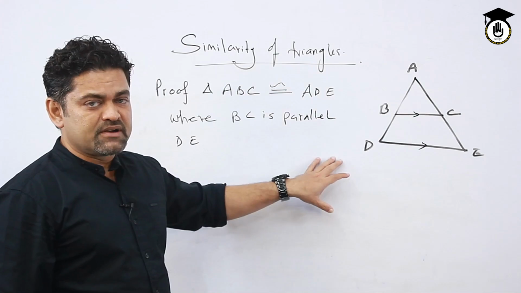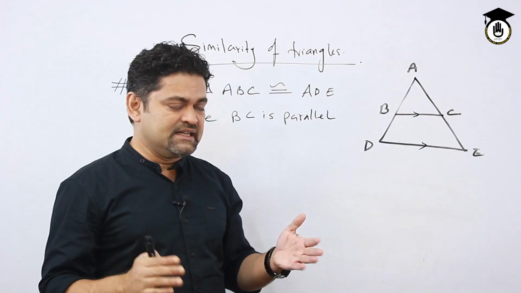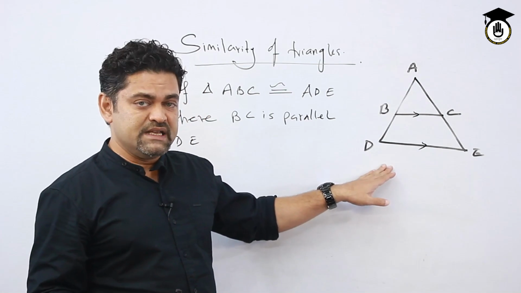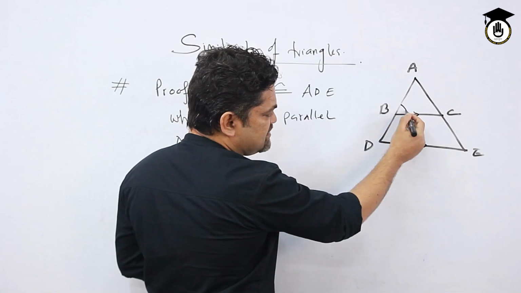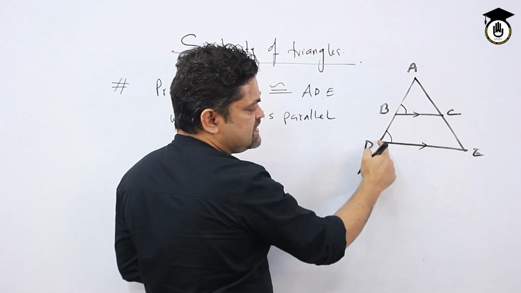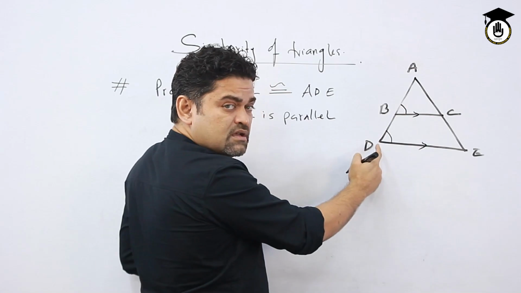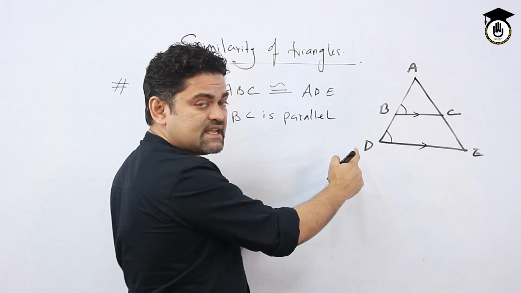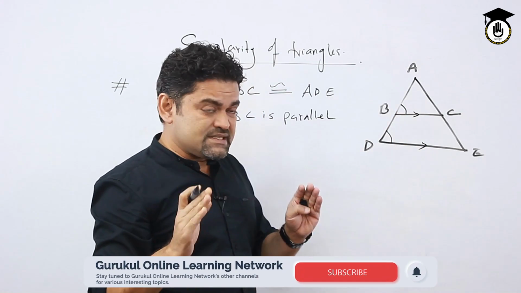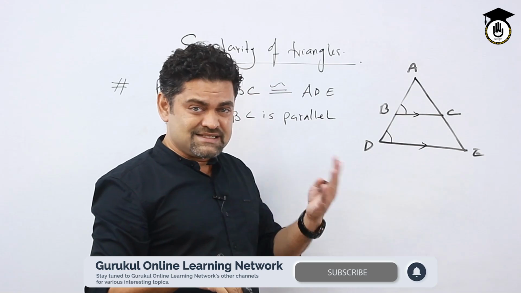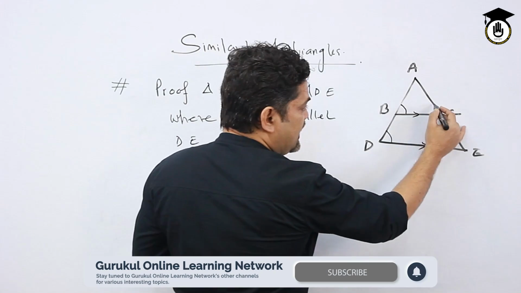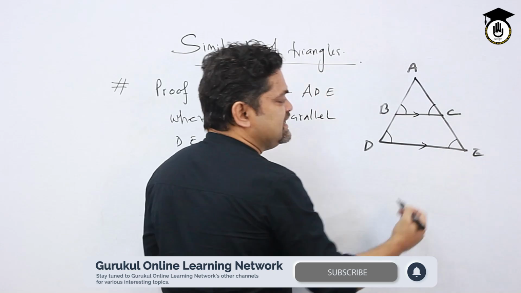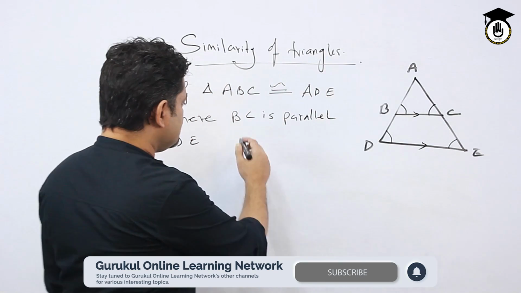So if I remember the corresponding angle and alternate angle, then you can come to know it very easily, that if these two lines are parallel, then I can say that angle B is equal to angle D. Why are they equal? The reason is the corresponding angle. Okay, because if you understood the corresponding angle in our last lectures, then you can easily come to know about it. And angle C will be equal to angle E. Similarly I can say, so if I write here,